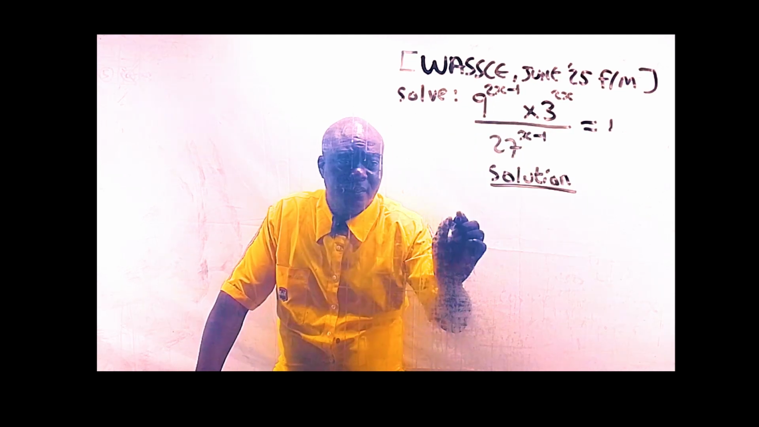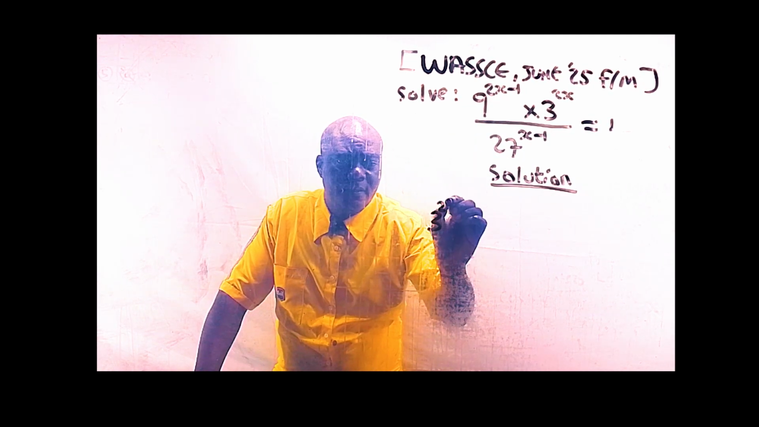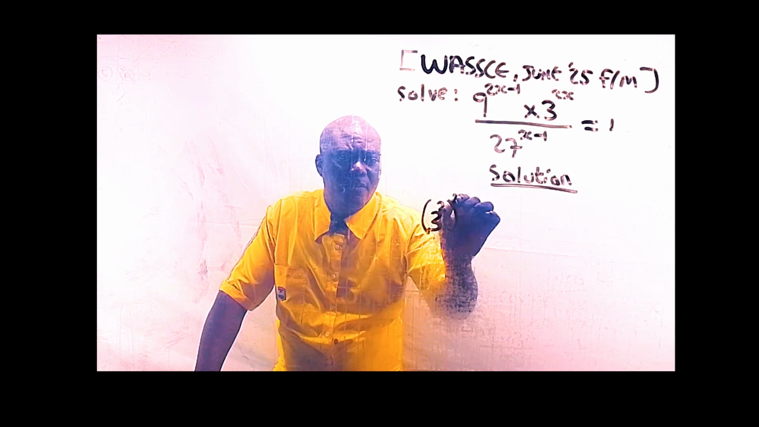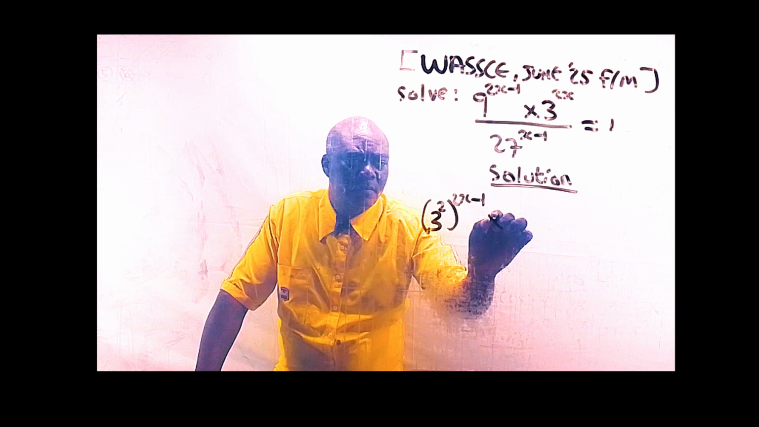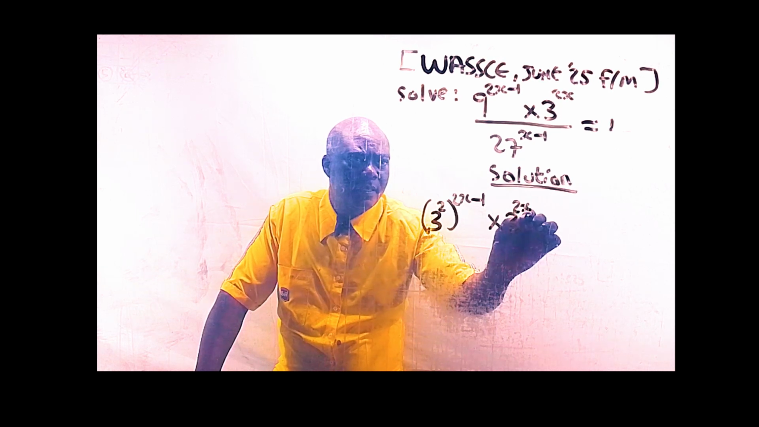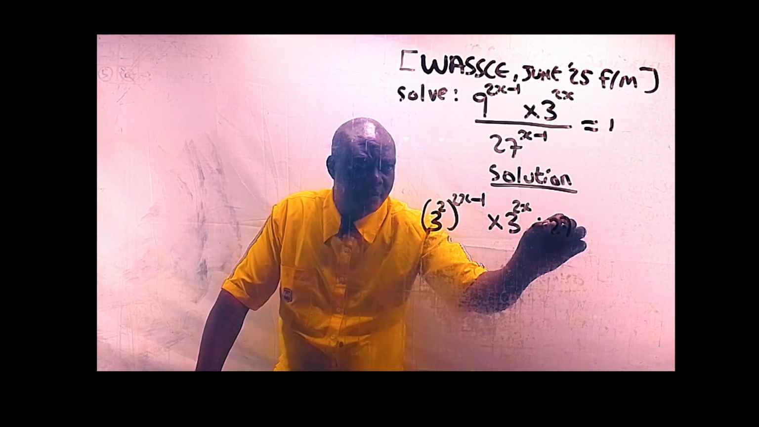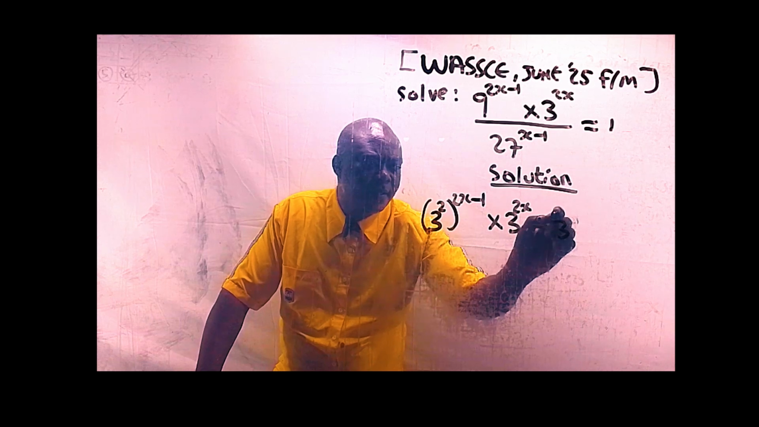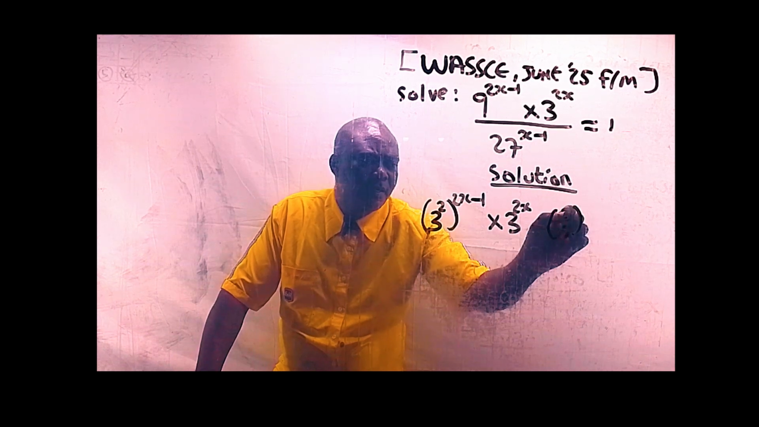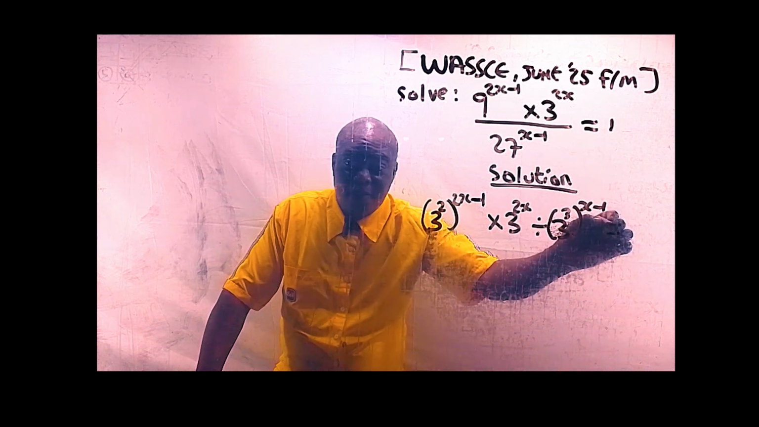So instead of writing 9, what you have here will be 3 squared, all to the power of 2x minus 1, multiplied by 3 power 2x, divided by 27, 3 power 3 all to the power of x minus 1, equals to, in case of 1, you just write